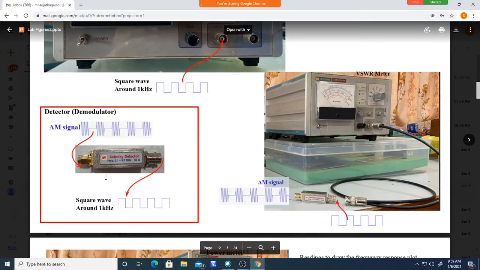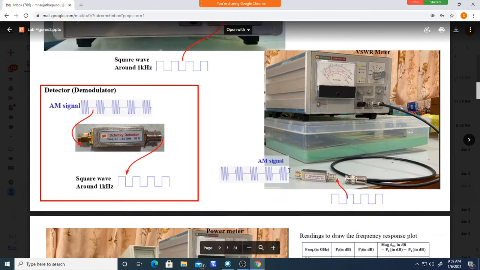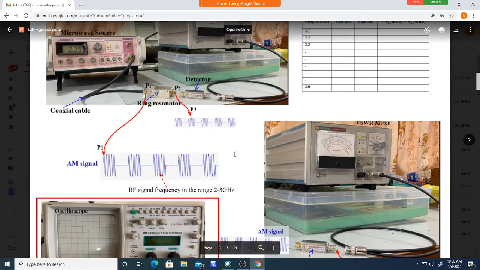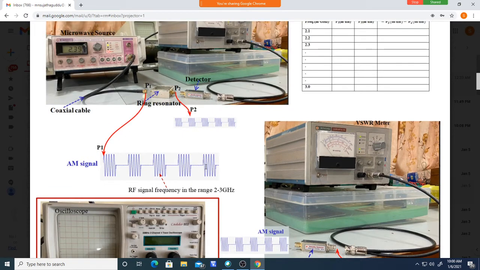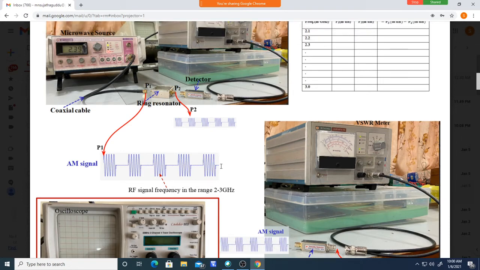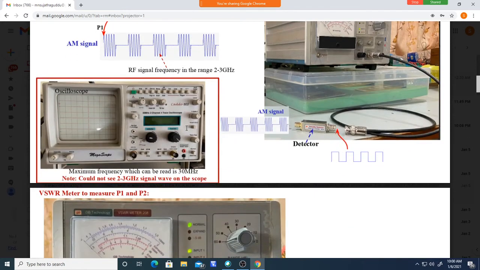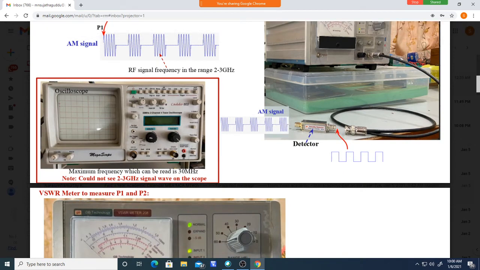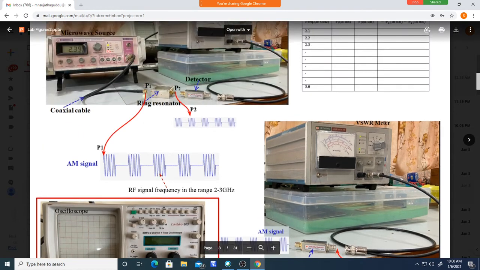We will be taking output from here, from the source. From the source, we take a signal like this. This signal will be there. Next, what do we do? We will demodulate like this. We connect the output of this; the output of this is an AM signal that we will be taking.